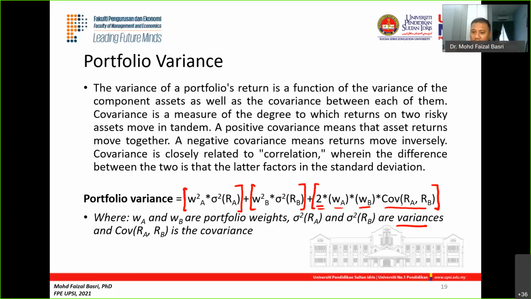Your portfolio variance must be in positive values. Even though you might have a negative covariance, because when you have these values at the back, even though it's negative, these two values in front usually will be higher than the ones in the bracket at the back. So you will get a positive value at the end. And to get the portfolio standard deviation, simply square root the portfolio variance.